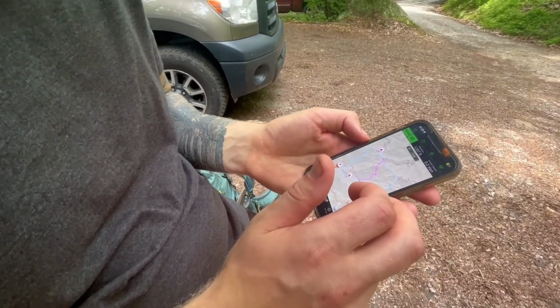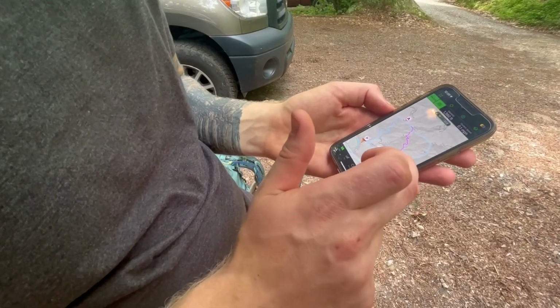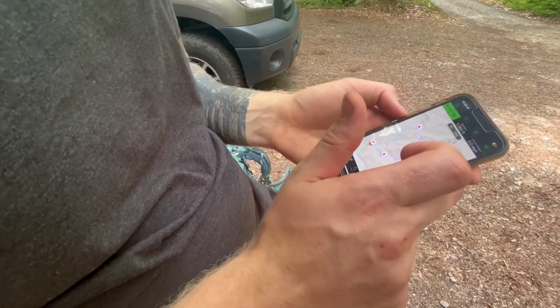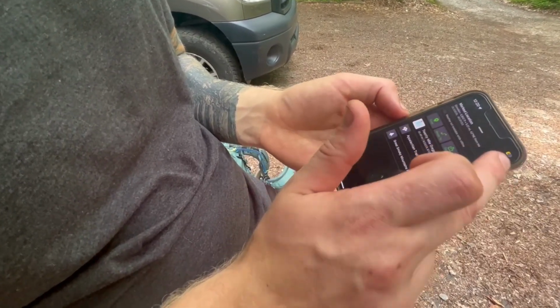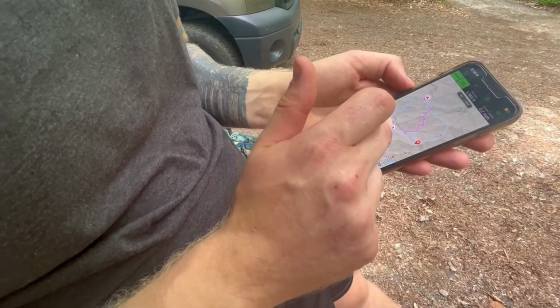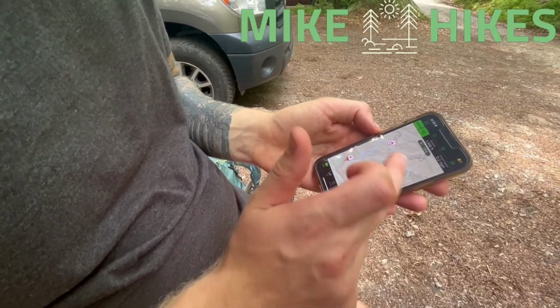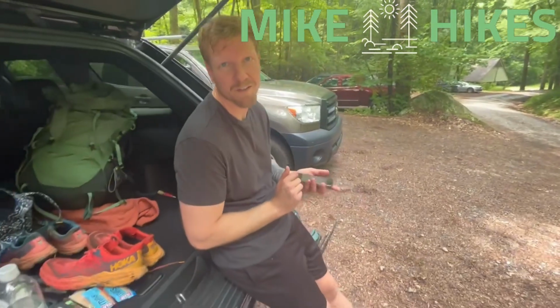I'll share some more about the map, but basically we started at 20 mile and went up the 20-mile trail all the way to the Shuckstack Fire Tower, and 3 miles up the AT, and then took the Gregory Ridge Trail all the way up to Gregory Ridge, and then Wolf Ridge back to 20 miles. So we were gonna do that little section there, but we cut that out. But overall, pretty good trip. So, feeling all right. Feet are sore, but